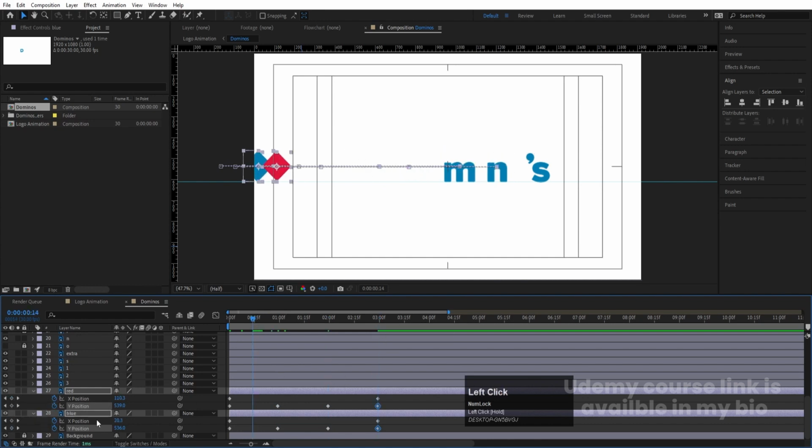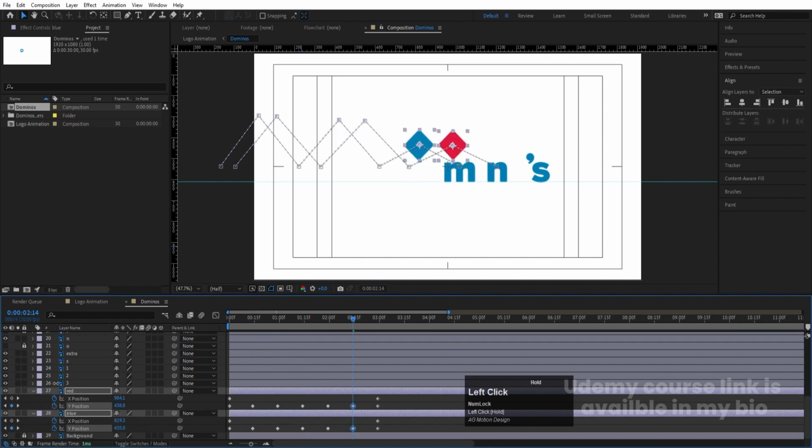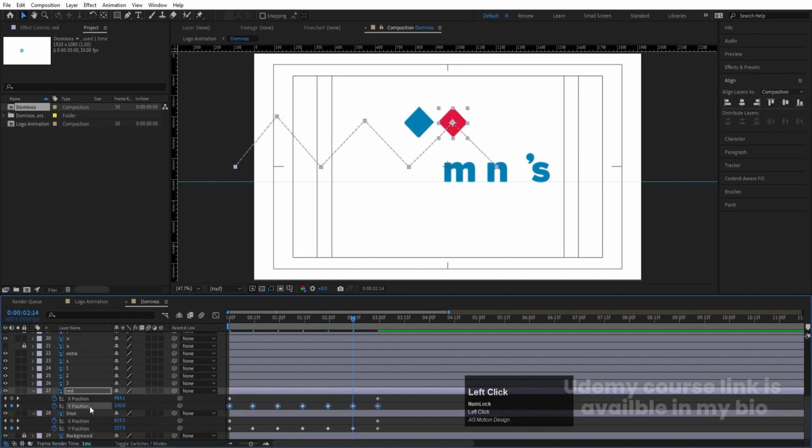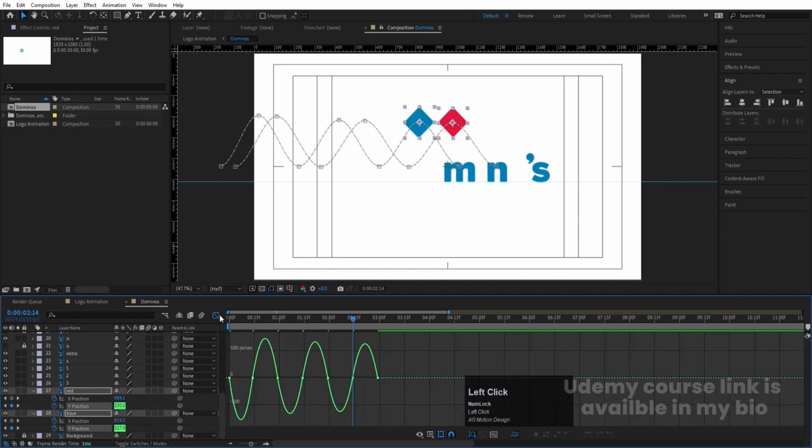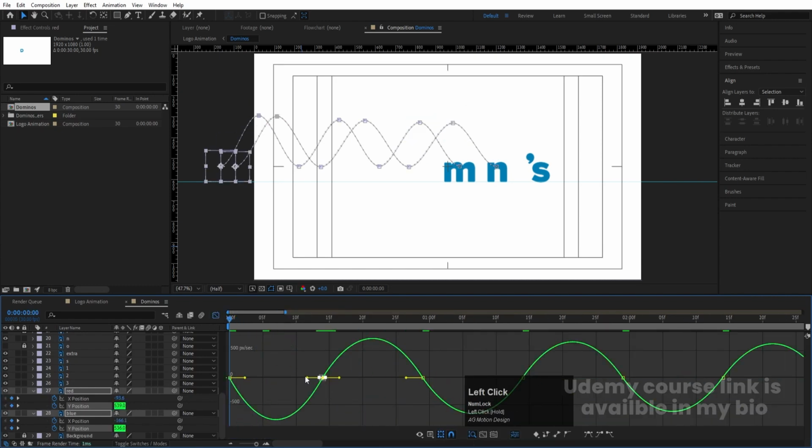And in the middle, I am going to change the Y position somewhere around this. Similarly at this point, move this over here. Similarly at this point, move this over here, like this. Now select this Y position keyframe and this Y position keyframe. We will hit F9. Then we'll go to the graph editor, go to the start, select this, move this handle